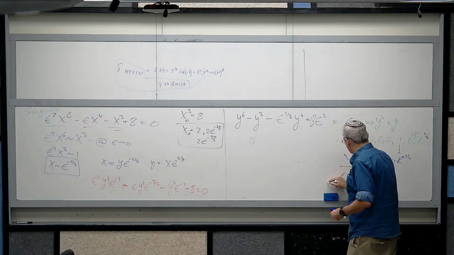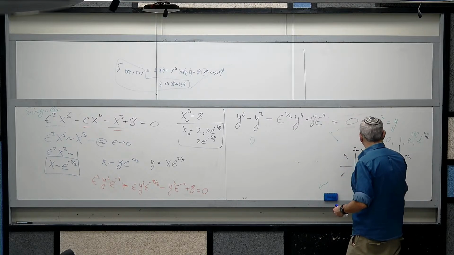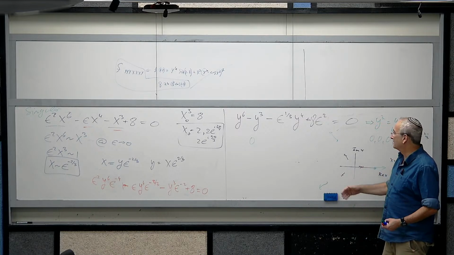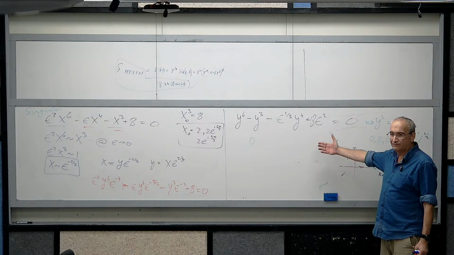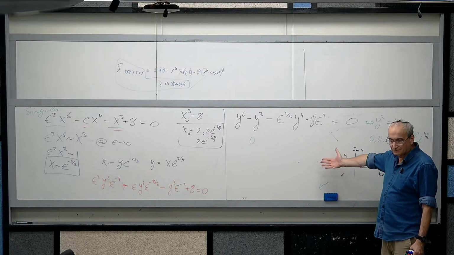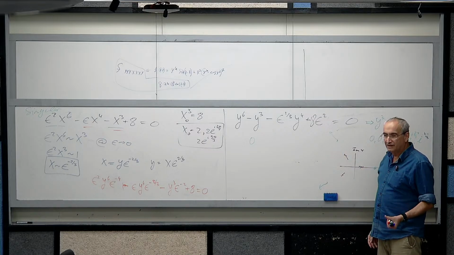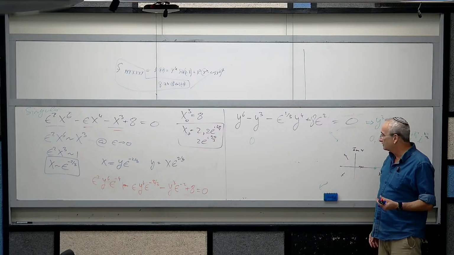Okay. The other 3 are going to infinity as epsilon goes to 0. So this is the general structure of singular perturbation theory. Some of the solutions are going to infinity as epsilon goes to 0, instead of going to